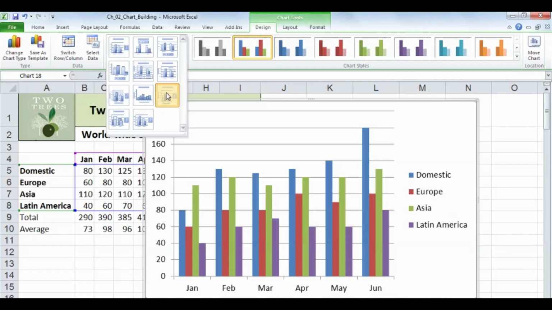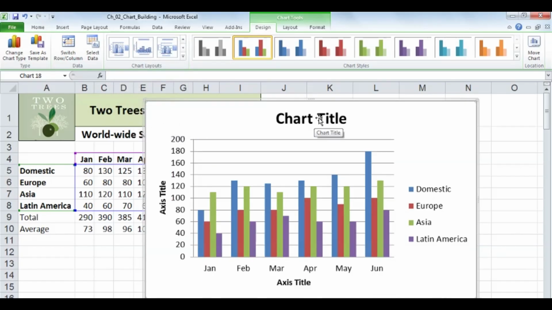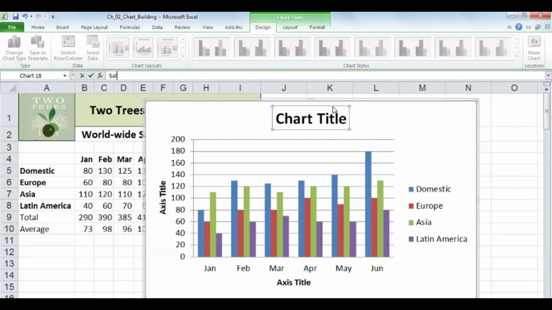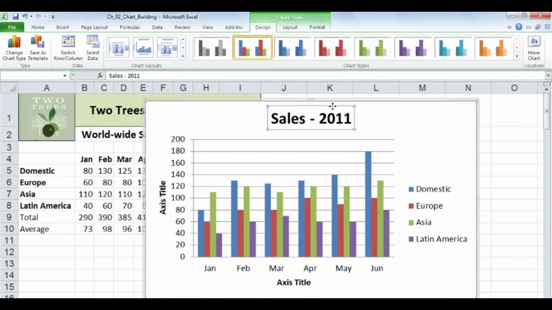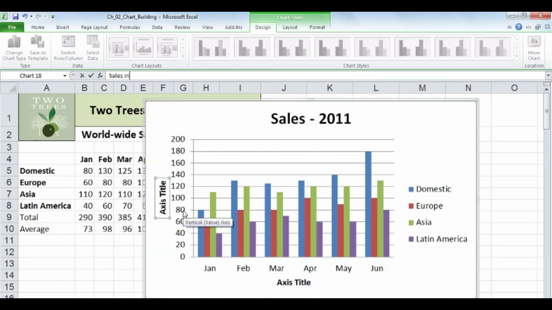I'm going to click right here, and obviously I don't want those words chart title to appear there, so I'll just click this banner here and start typing. For example, Sales 2011. There we go. And I'll click the title on the left-hand side, Sales in Millions of Dollars,